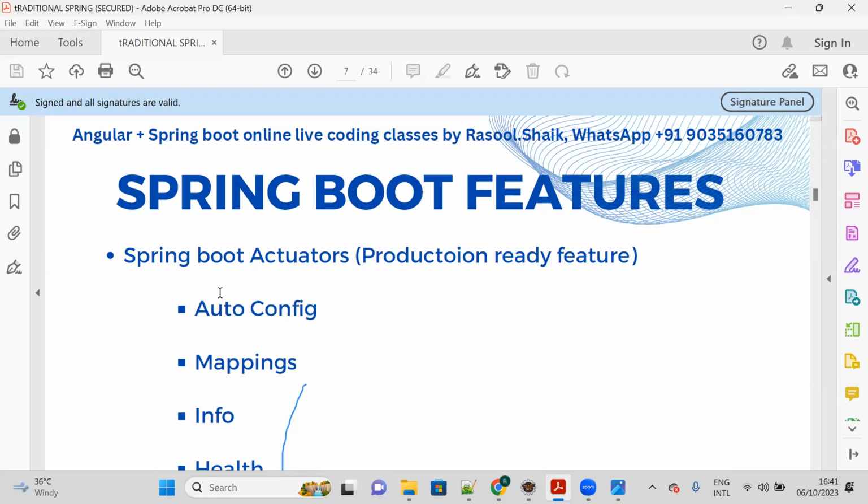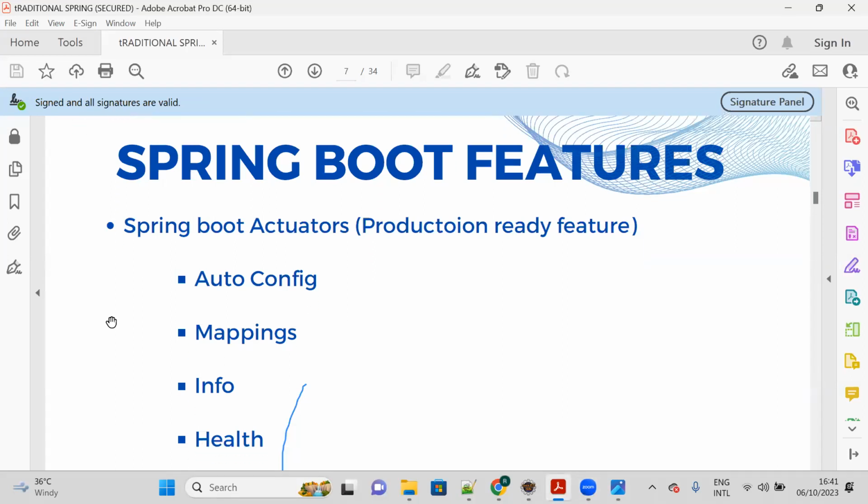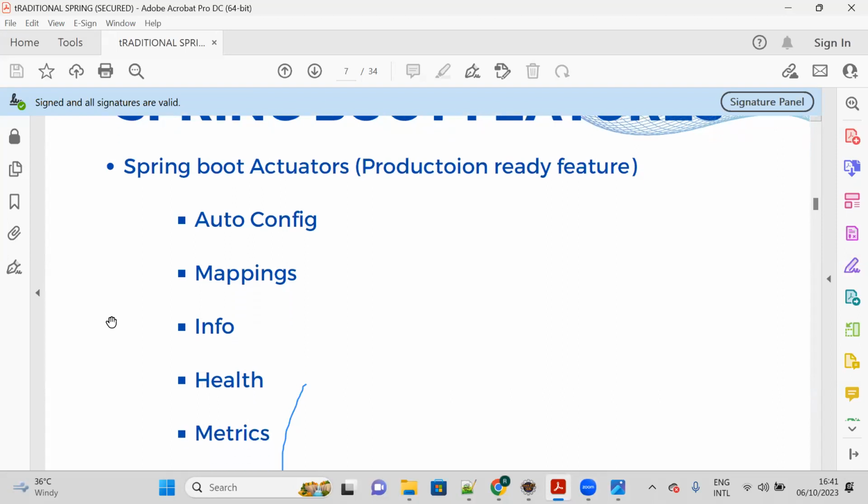Now you just focus on what features are available in the Spring Boot framework. There is auto config, mappings, info, and health checks. All those things will be available by default in a Spring Boot application. Mappings and info belong to auto config, in the sense that we can see what auto configurations Spring Boot has done. And mappings means URLs, all the mappings in the controller, whatever APIs we have written,